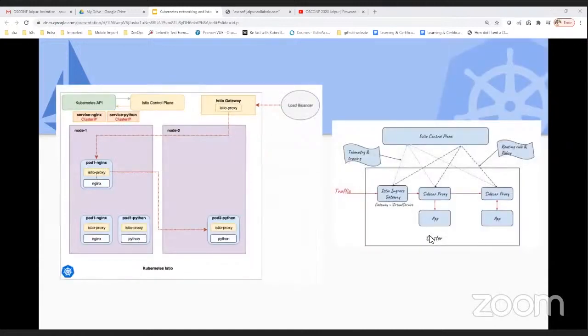Earlier we saw how traffic flows at the L3 level or with the help of kubectl. In a similar way, from this diagram you can see this more granular view. If I'm hitting any service from outside the cluster, with the help of a load balancer or the Istio gateway, I'm hitting the load balancer, and the traffic will flow from the load balancer to the Istio gateway.